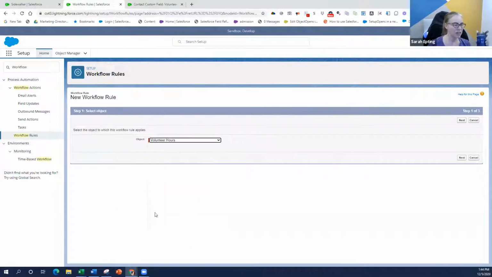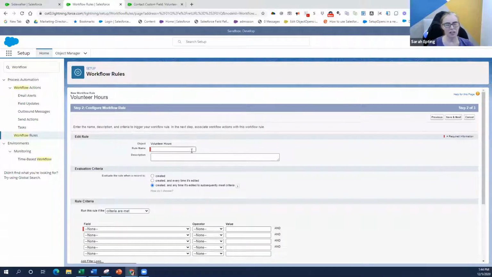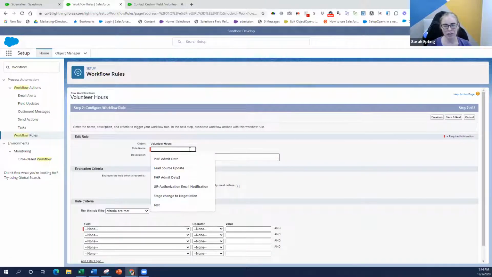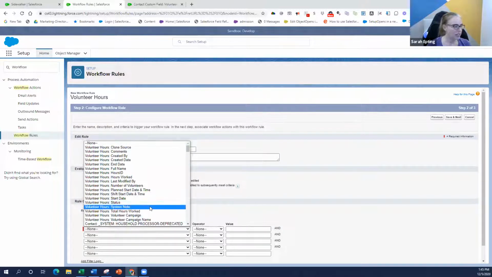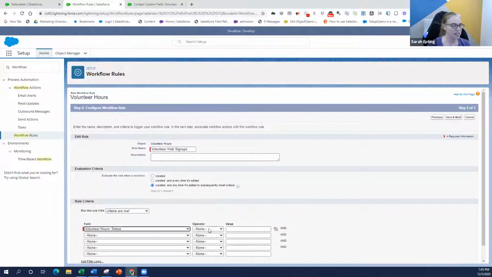Okay, so volunteer hours is an object. So we'll go and press next. And this rule name, we're gonna call volunteer web signups. And if the volunteer hours status equals web sign up,